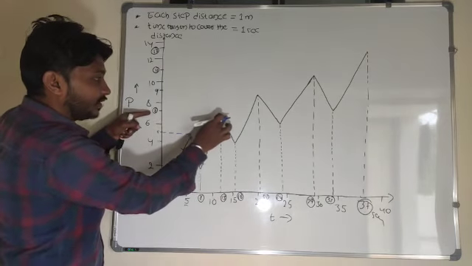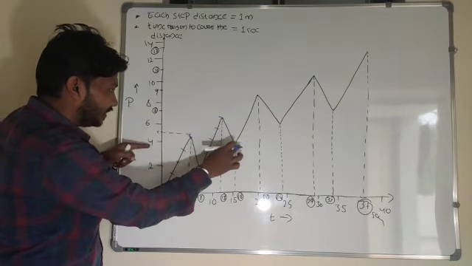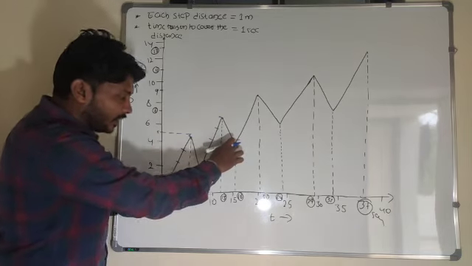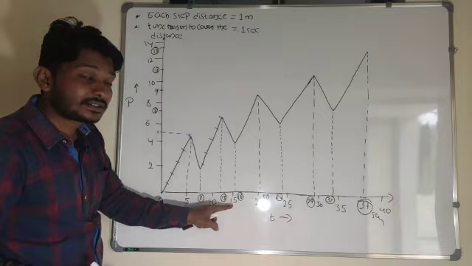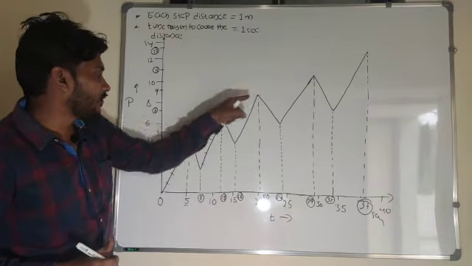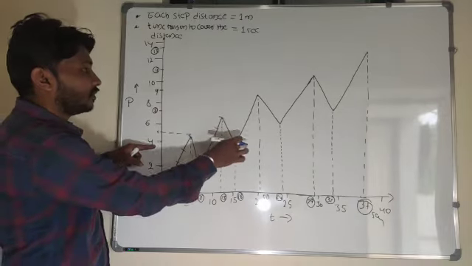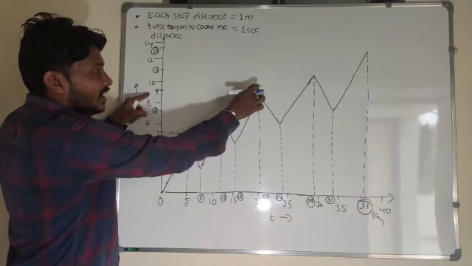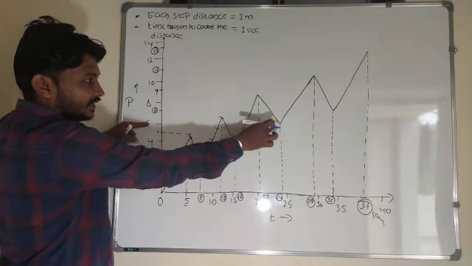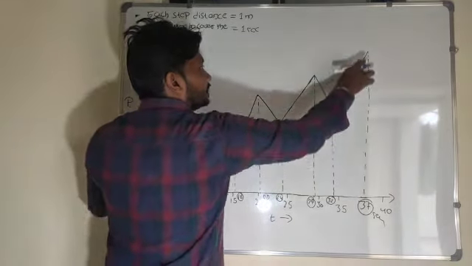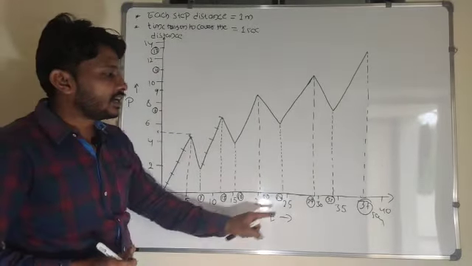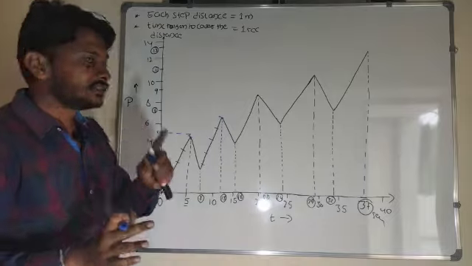Next again 3 steps backward. So 3 steps backward means 7 meter minus 3 meter, so 7 minus 3 is 4 meter. So did you get my point? 4 meter means 13 plus 3, 16 seconds of time. Again 5 steps forward, so 4 plus 5, 9 meter here. Again 3 steps backward, 9 minus 3, again 6 meter here. So look at here, in this way he is traveling from one point to another point. He will take a total of 37 seconds of time.